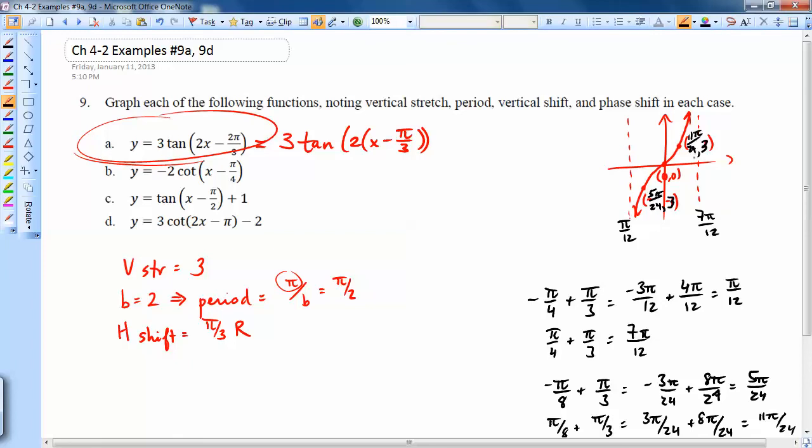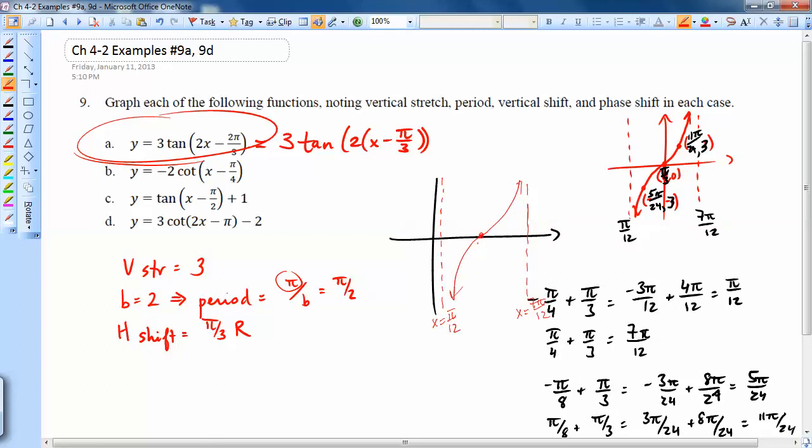And then we've got enough to graph the whole thing. Oh, and 0 ends up at pi over 3, comma 0 still. So now we can graph the thing. It's still centered across the x-axis, but my asymptotes have shifted a bit, and it's squished down a little too. So this is going to be x equals pi over 12. This is going to be x equals 7 pi over 12. And then I've got my curve coming right through here like this, and then my 3 points that I could